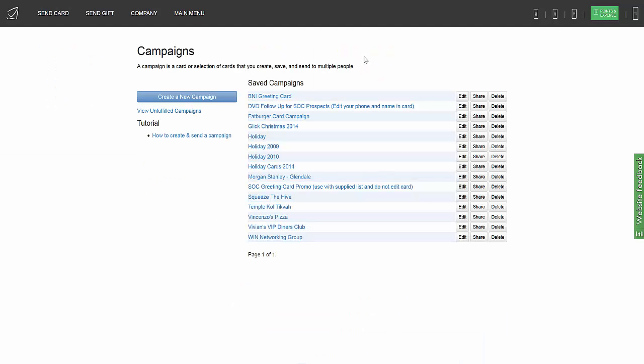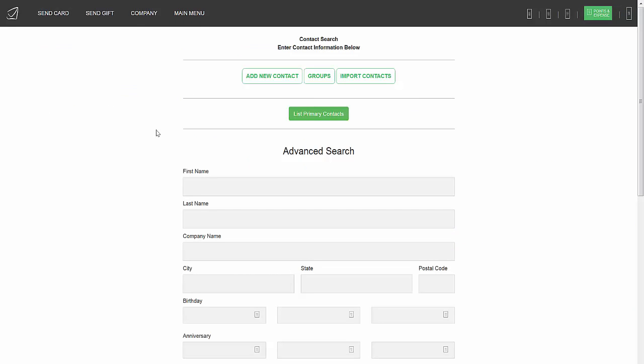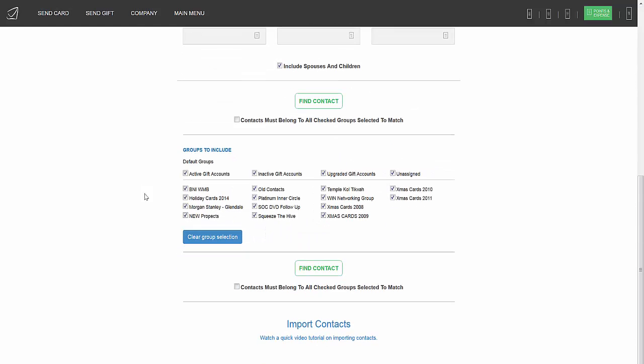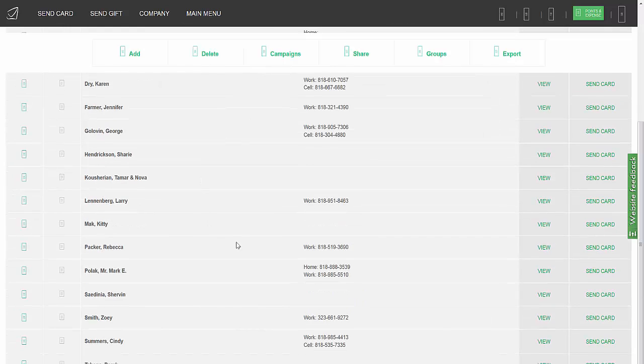So you can see I have all these different people in different buckets and different groups. So I'm going to go ahead and show you all the people in my BNI We Need Business group, and that brings them all up here. There are 17 of you. If someone's not on my list, please give me your information. I'll add you. But I can show you the inside of this very quickly,